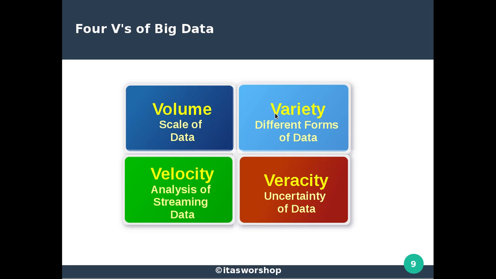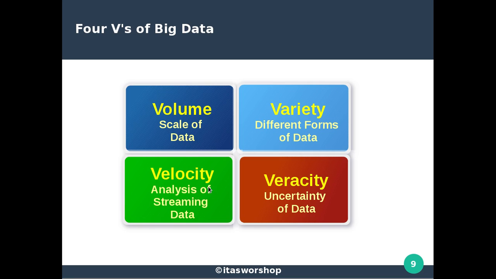And the second V stands for variety. So we have got data in various forms, like structured form, which is rows and columns, and unstructured data like our images, videos, binaries, and semi-structured data like JSON data and these tweets and all these things. So there are various varieties of data. It's not just plain spreadsheets anymore. There is definitely data in many forms.